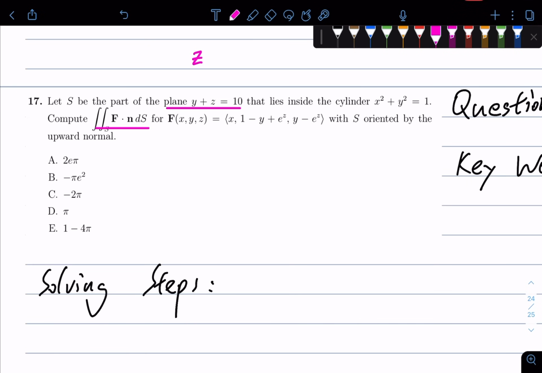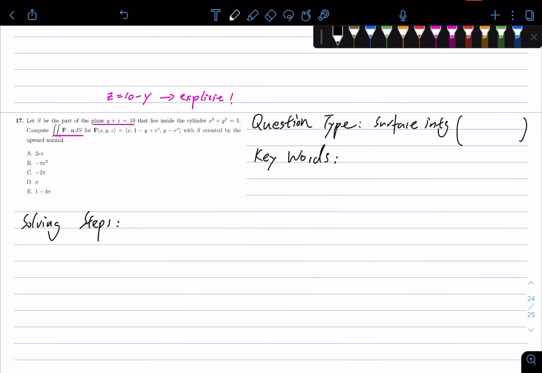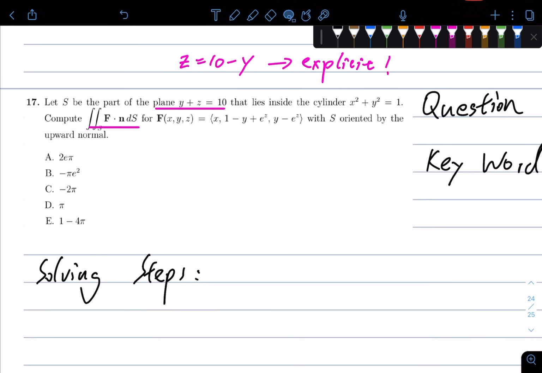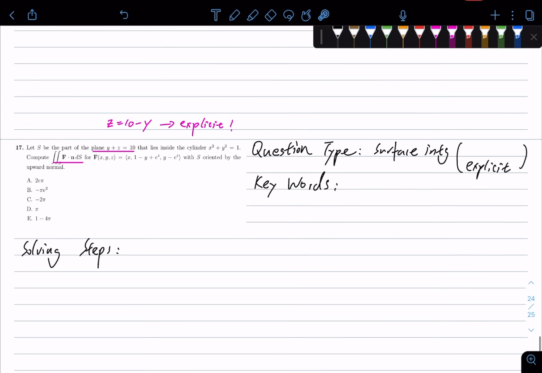So we can convert this into z equals 10 minus y, which becomes explicit. So we can take advantage of the explicit surface integral definition. But also, is this a surface integral in a scalar field or a vector field question? Again, we take a look at our integrand here. F is a vector field, so this is a surface integral in a vector field